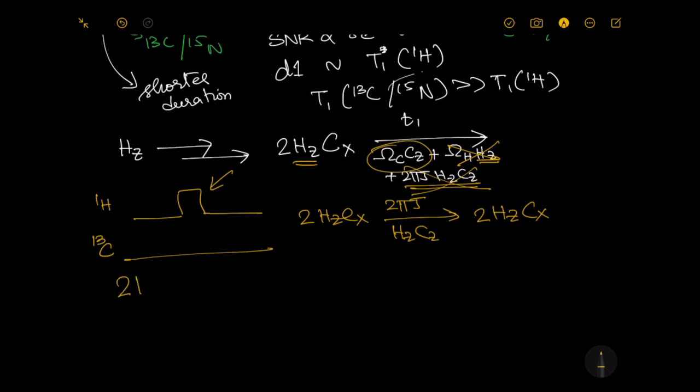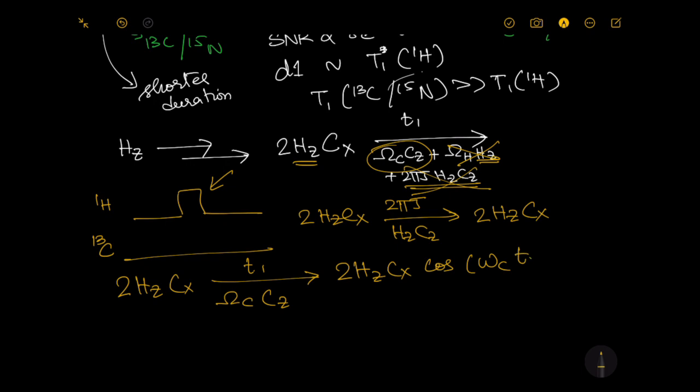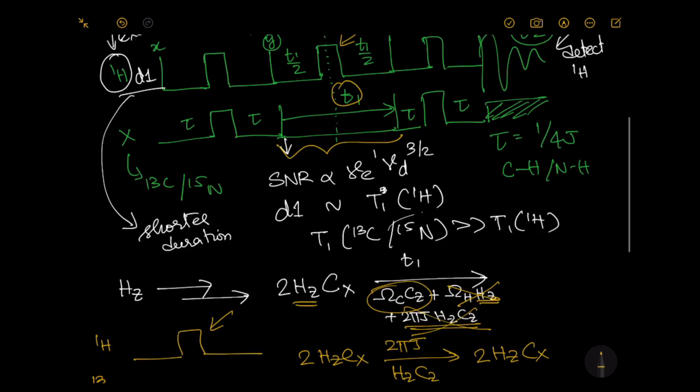So for that matter, if you have 2HZCX, when you are trying to evolve carbon chemical shift, what do you end up getting? You get 2HZCX cos omega C T1, omega should be the offset, plus 2HZCY sine omega C T1. Okay, now having achieved this, you are at this position right now,